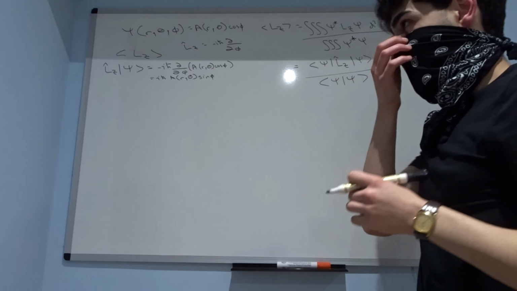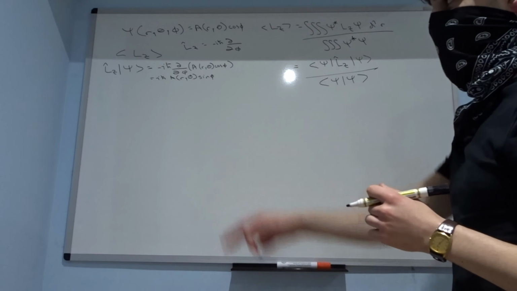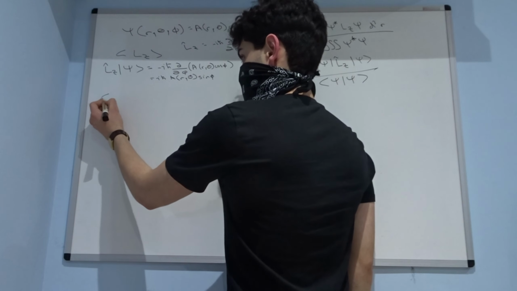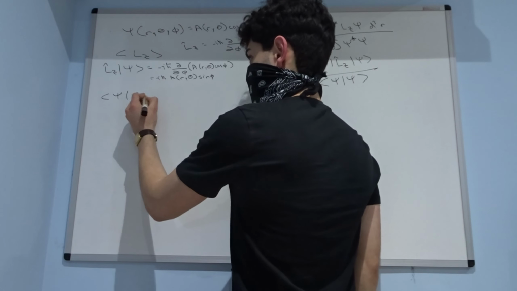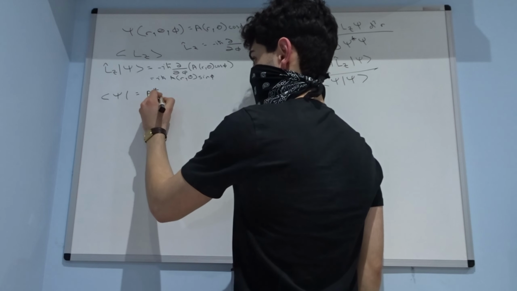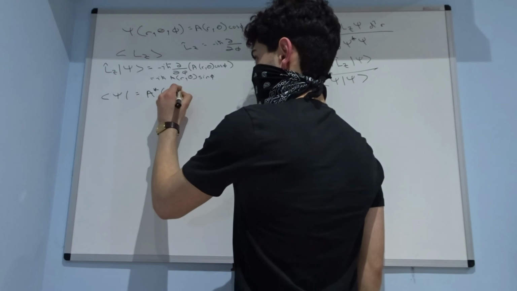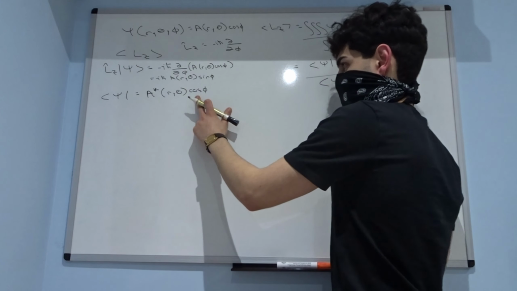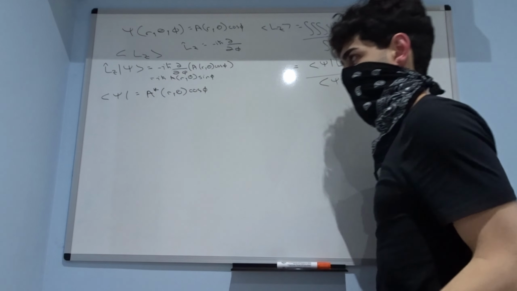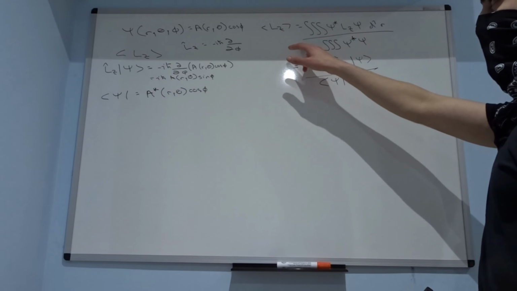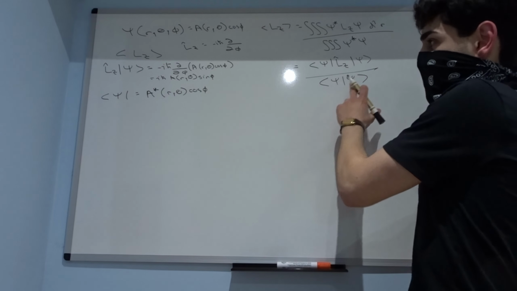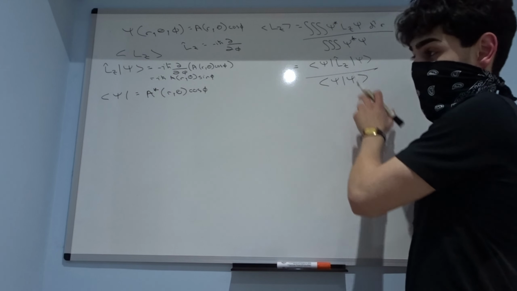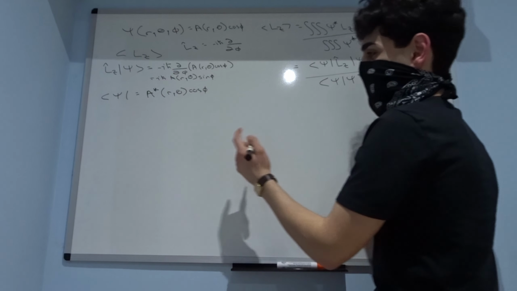Okay, and the complex conjugate is just going to be equal to A star of r theta cos phi, because this doesn't have an imaginary part. I'm just assuming this constant doesn't. So we put into here, we're not gonna think about these parts, this is just a normalization, it's just equal to 1. We're gonna get